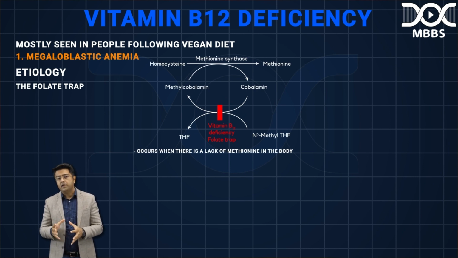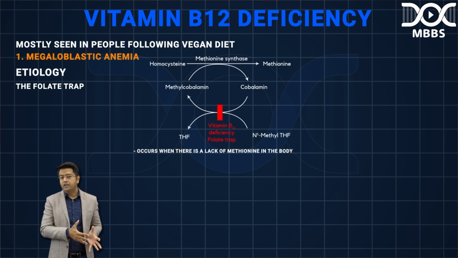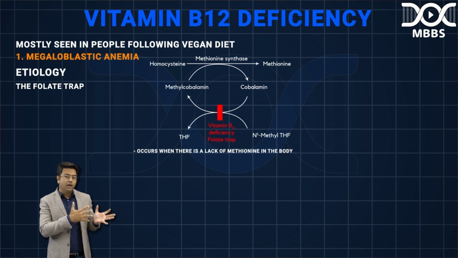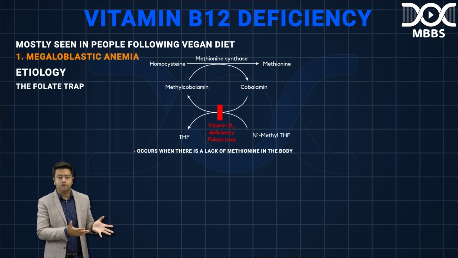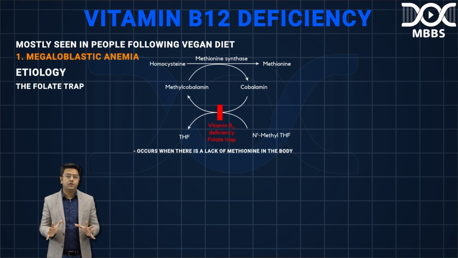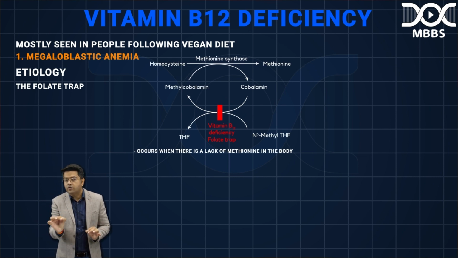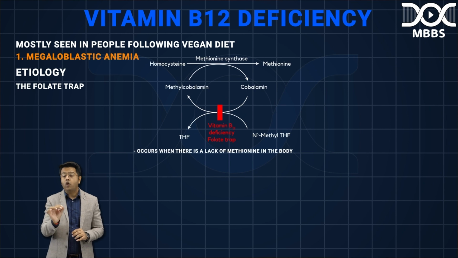Now, this cobalamin is reconverted back to the methylcobalamin using the methyl group of folic acid, that is methyl THF. So, methyl THF is required in this reaction also, and methyl THF converts back to THF, which is now a free pool of THF. So guys, what I mean to say is that if there is no B12, the folic acid,